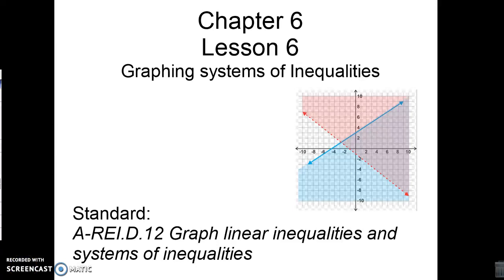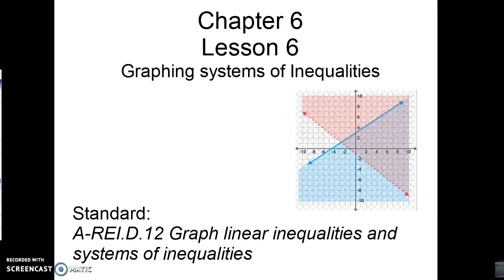Welcome to Chapter 6, Lesson 6. We will be graphing systems of inequalities. What this means is that we'll be graphing more than one inequality, and our solutions are those that have double layers